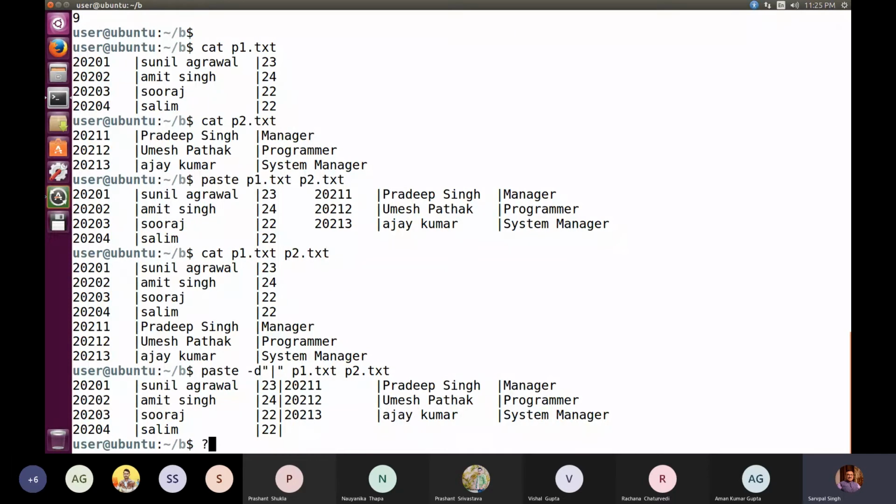The question mark is basically meant for simulating only a single occurrence of a character. So if we are interested in displaying only those files which have three characters in their name, we can write ls -l and then write question mark three times, because every question mark corresponds to one character of any type. So when we write question mark, question mark, question mark, that means 3 characters. So we are selecting all those files which have merely 3 characters in their names. So this is also a wildcard.